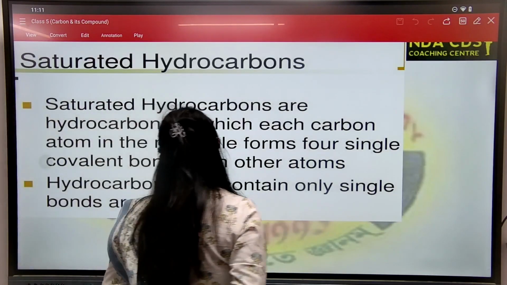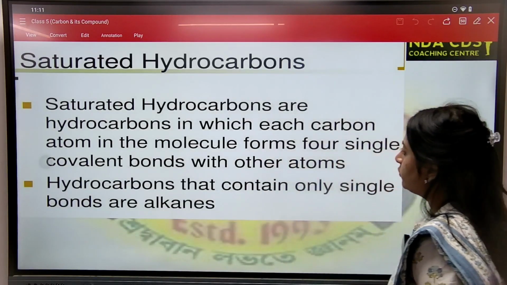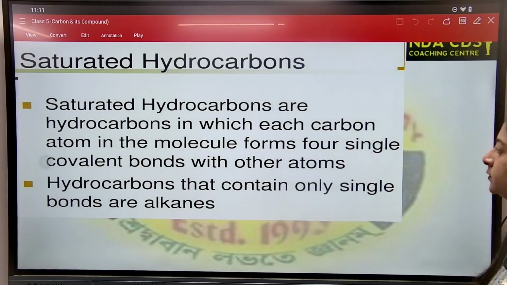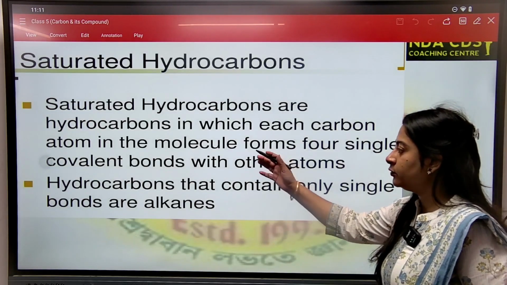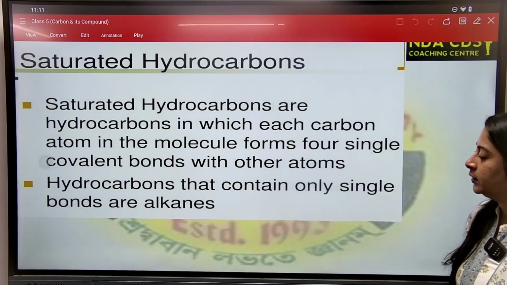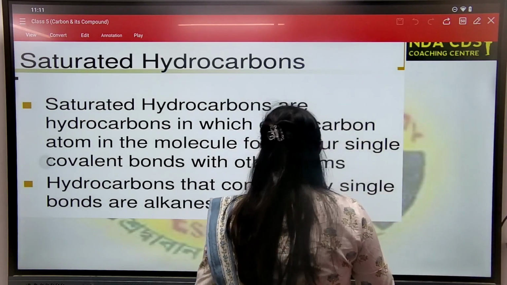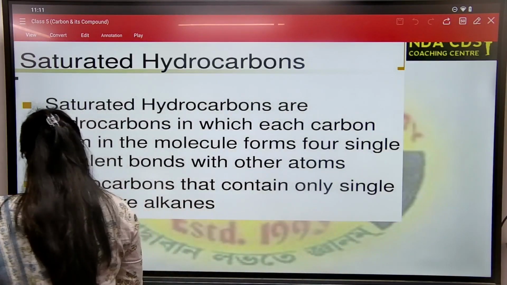So let's read once. Saturated hydrocarbons are hydrocarbons in which each carbon atom in the molecule forms four single covalent bonds with other atoms. Okay, चाहे कार्बन के साथ हो चाहे हाइड्रोजन के साथ हो, जैसे मीथेन, एक एग्जांपल लेते हैं मीथेन।